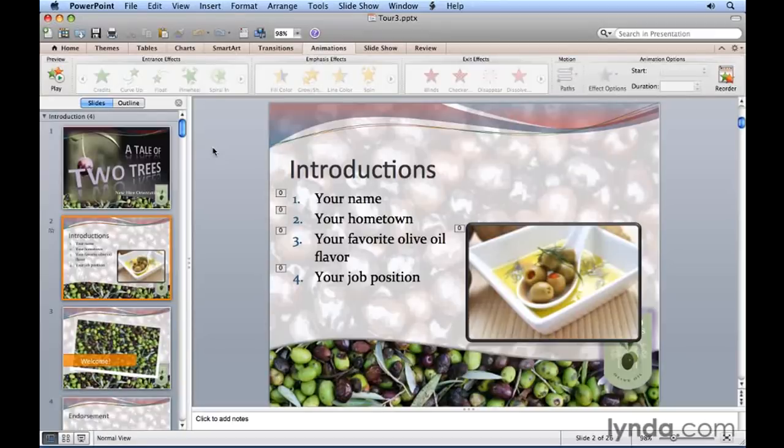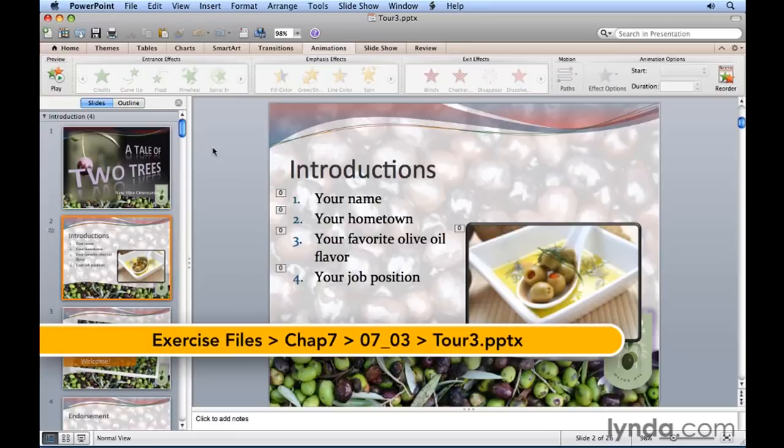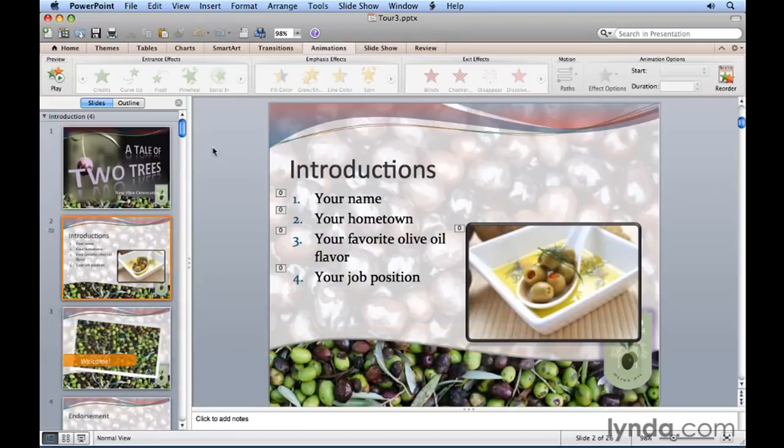Another type of animation that can be applied to your presentation to add visual interest is a transition, and that is the animation that happens between the slides in your presentation. So as you move from slide 1 to slide 2, what happens? Does a slide just appear, or is there some kind of transitional effect? That's what we're going to look at right now with our tour presentation, and we'll go to slide number 1